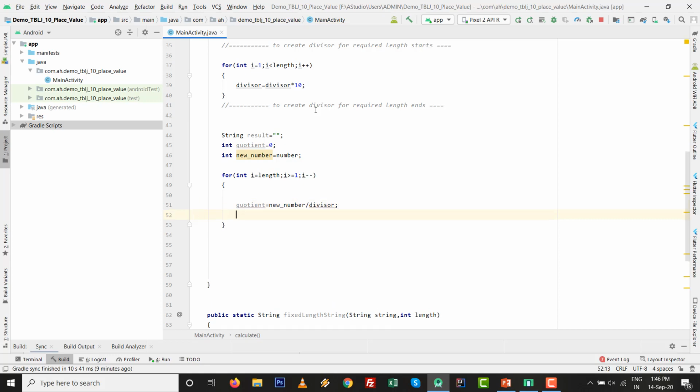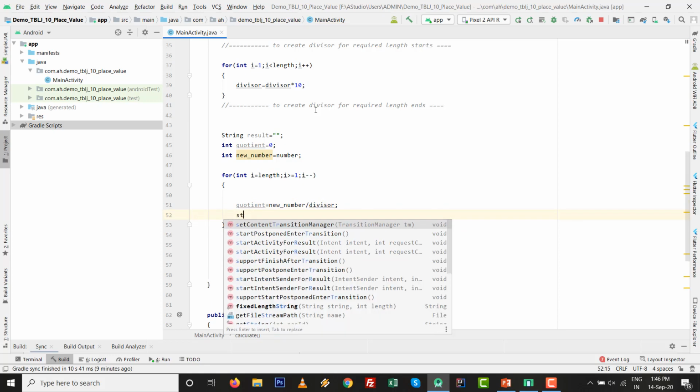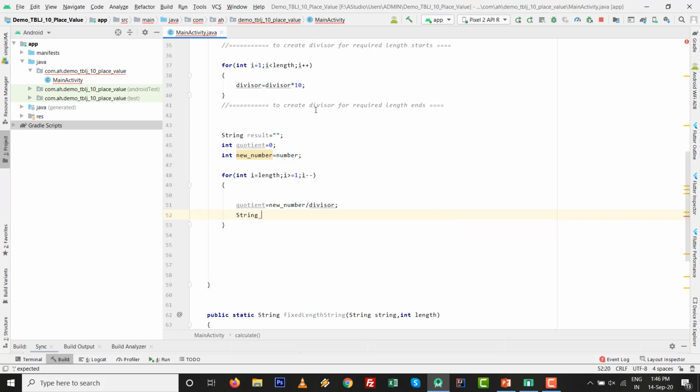Then we type string formatted result equals fixed string value, and first I want to give divisor star whatever the quotient will be. After that I type plus double quote. So the length will be whatever the length plus 1, so an extra space will be there.